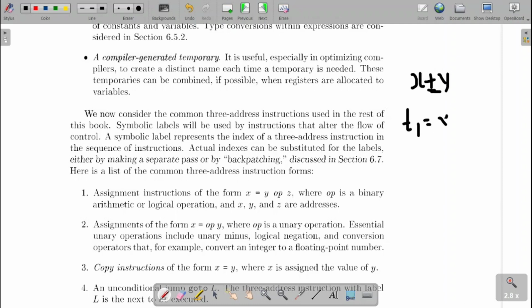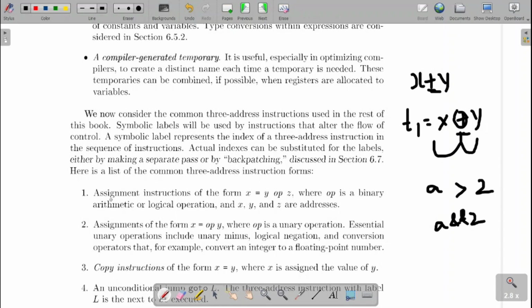This instruction has two operands, one on the left side and the other on the right side. It may be an arithmetic operator, a relational operator like greater than, or a logical operator like and.